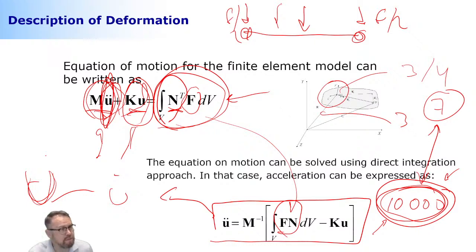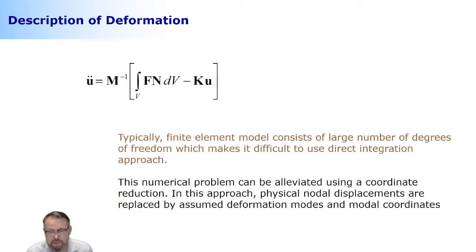So we need to do something. What we need to do is reduce the size of this problem. That's what we wanted to do. And that's where we're going to make use of Jussi Sopanen. We're going to move on to altogether another space. Now we're here in a nodal space, which are these points. So we're looking at how these points are moving and rotating, each of these points. That's what we're doing here.